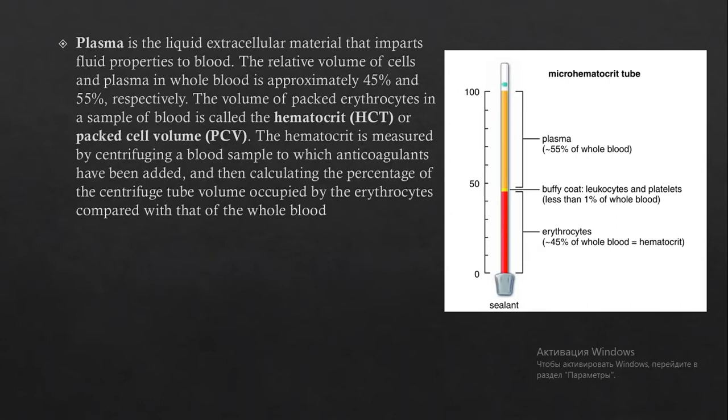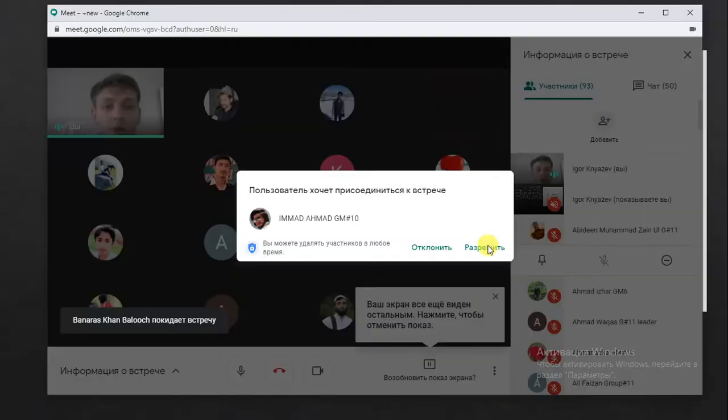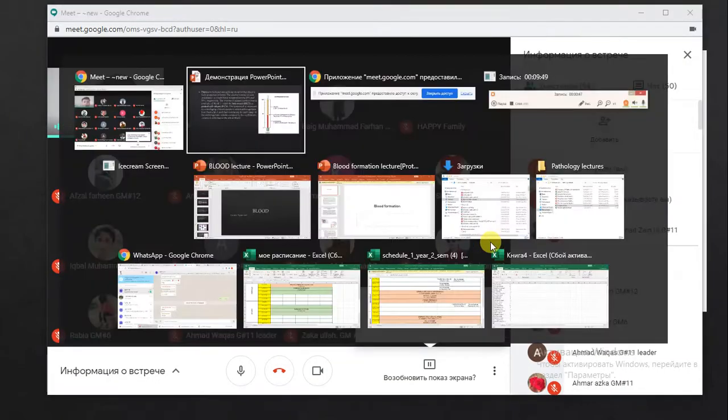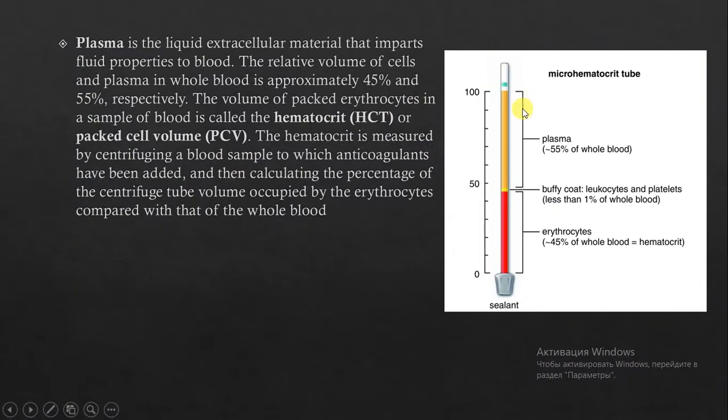This is the main composition, and the function of these ions in the plasma is the maintenance of osmotic pressure. You remember osmotic pressure from chemistry. This osmotic pressure is maintained by plasma first of all